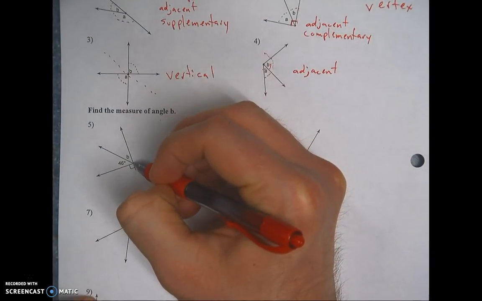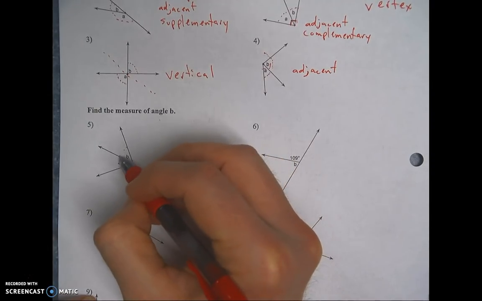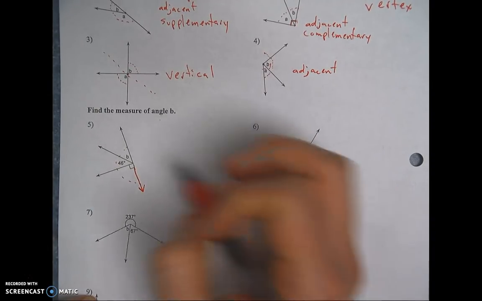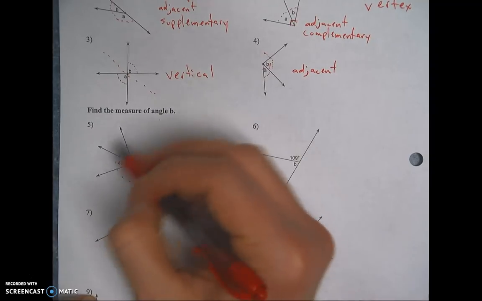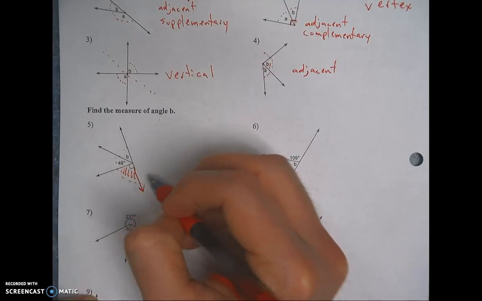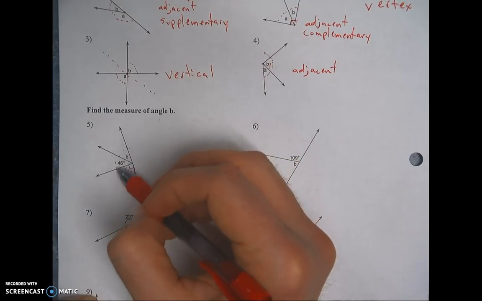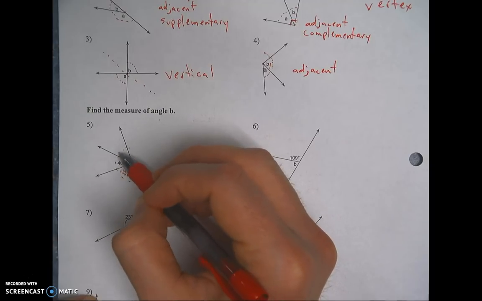If I extended this line, all of this together is half of a circle. So that's 180 degrees. This side also has 180 degrees, forming a full 360 circle. Now this part in here, they've already labeled as 90 degrees. So if this whole thing's 180 on this side and 90 is already taken off, then that means we're allowed